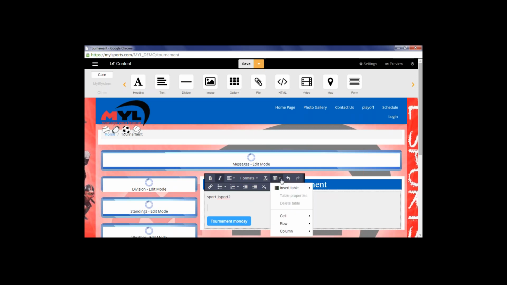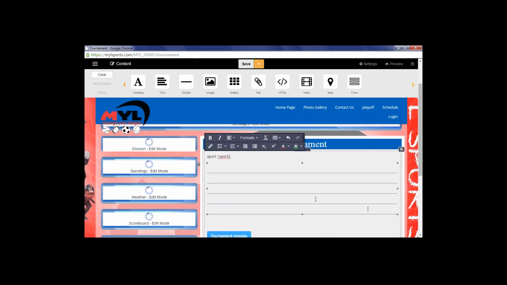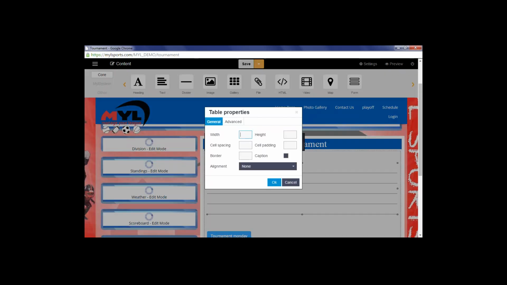So if I want to put in a table, I can go to Insert Table, and then I can increase how many rows and size I want. Now I have my table. So the table here, you can see it's just a basic lines. You have lines underneath. If you want to adjust your table options, you can click here, go to Table Properties,